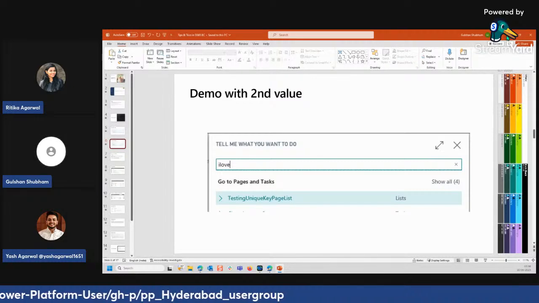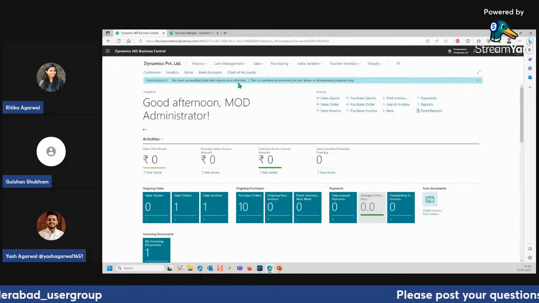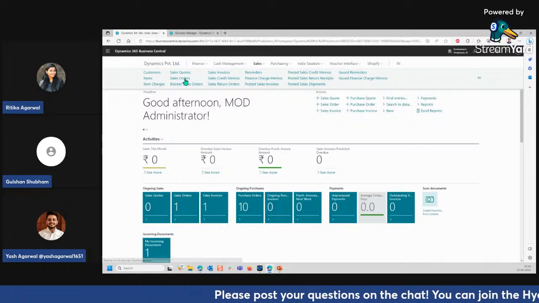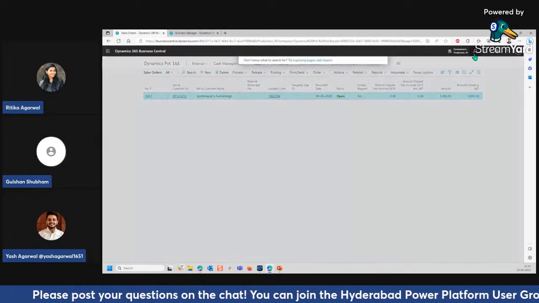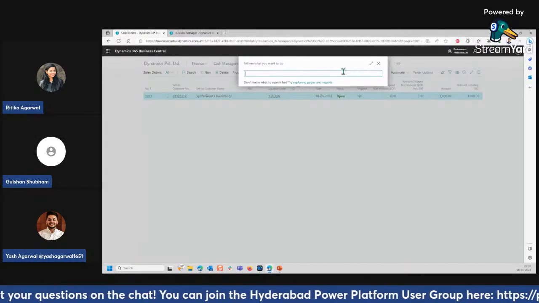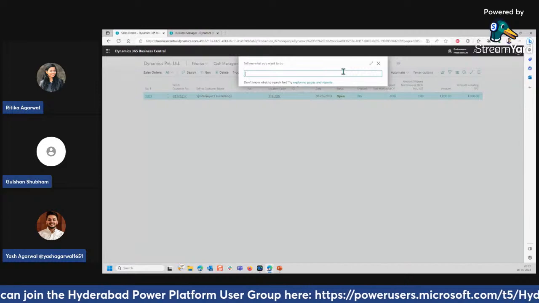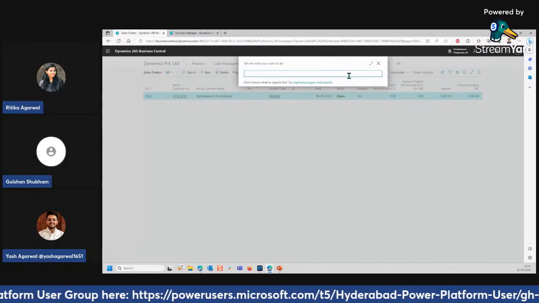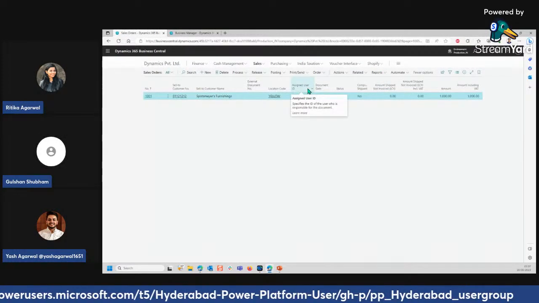Now, one more thing, Tell Me. Let me go to here. Let's say I am on the sales order page. Okay, now what it does, whenever we search anything, in NAV it used to search the pages and the reports. Okay, here it can search for actions as well, and it is very handy because sometimes, unlike the ribbon view which we used to have in NAV,